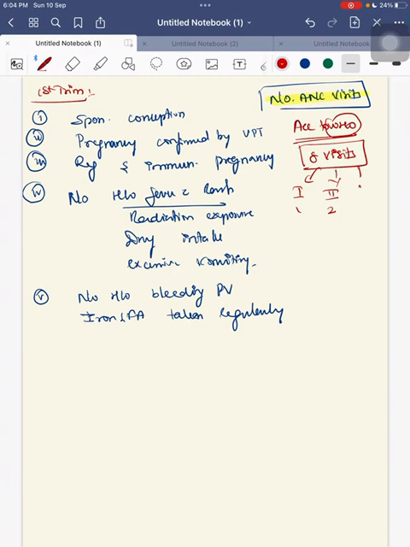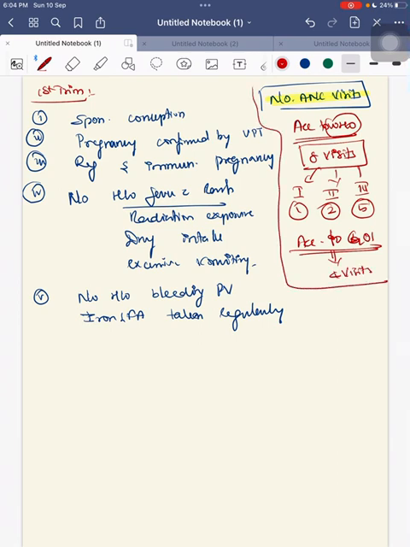In second trimester there should be 2 visits. In third trimester there should be 5 visits. This is according to your WHO. According to Government of India, there should be a minimum of 4 visits. This is your first possible question. Second,